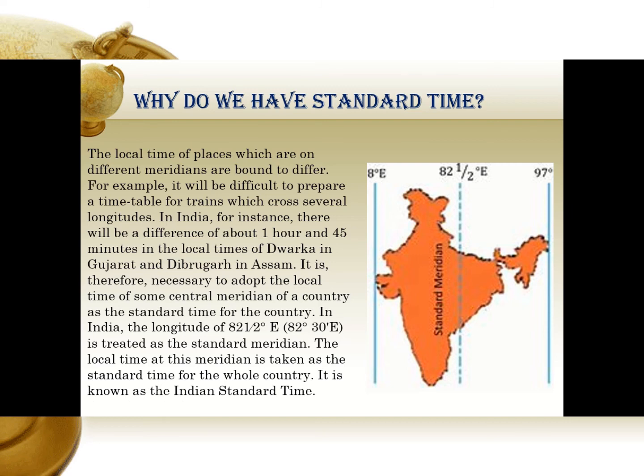And we have a long railway service in our country. The tracks are very long. They connect the different parts of our country. So if we want to go from one region to another, here they give an example of Dwarka in Gujarat to Dibrugarh in Assam. If you want to go there, you need to be familiar with the time. It doesn't mean that in Dwarka it should be 2 and in Dibrugarh it should be 3. No. If we look from the point of view of longitude, the variation is 1 hour 45 minutes.